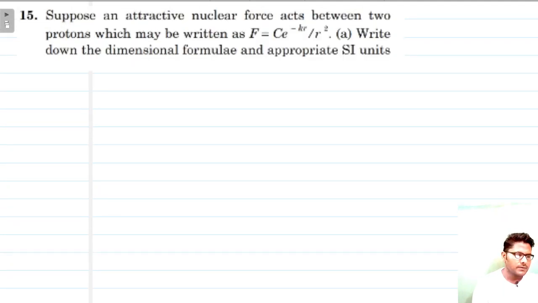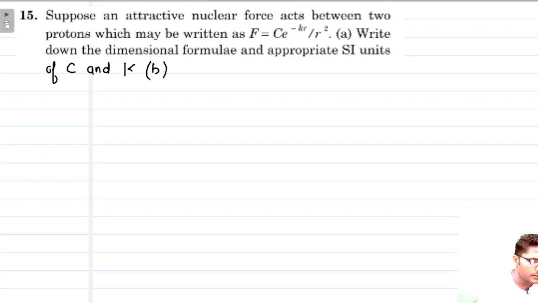Suppose the attractive force acting between two protons may be written as this. Write down the dimensional formula and appropriate SI units. This question is incomplete, so let us complete it. Find the SI units of C and K. And in the second part, you have been asked: suppose we are given the value of K is 1 Fermi inverse, then